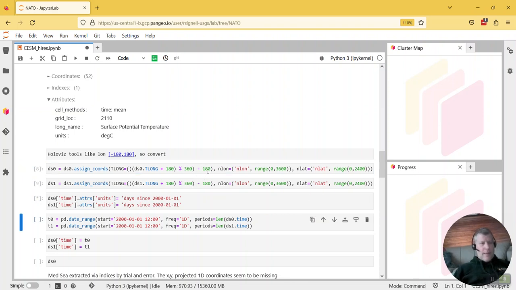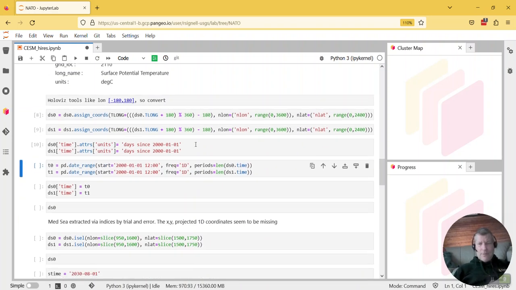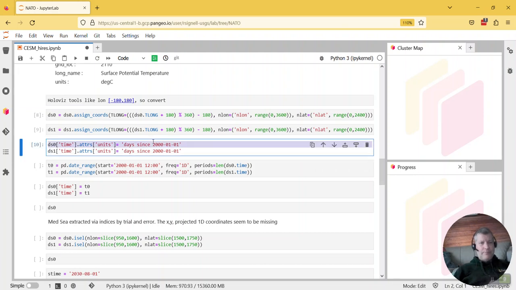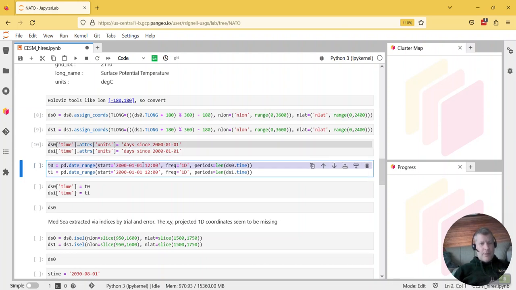So let's go ahead and do that, and then basically the time values were sort of nonsensical. So I just did days since 2000 here, and used pandas to create a 1 day long record, because these are daily values. So yeah, I can just go ahead and create those different data arrays and then assign those to the